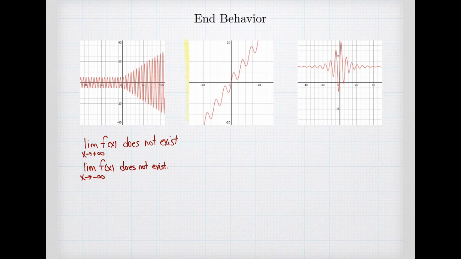The fifth graph that we consider also has oscillation, except this time my oscillation is tilted on a line. So I'm bouncing up and down, except I'm sort of steadily climbing as I go from left to right. So we want to ask ourselves, is there a limit this time? Well, if I think about x values, and I say what happens to my x value as I go further and further to the right,